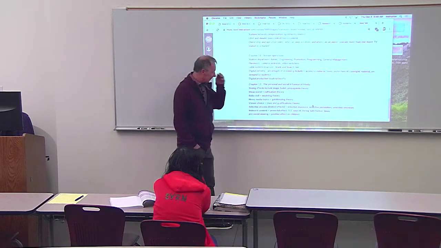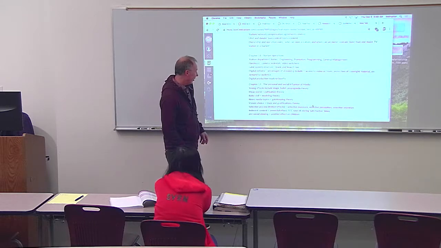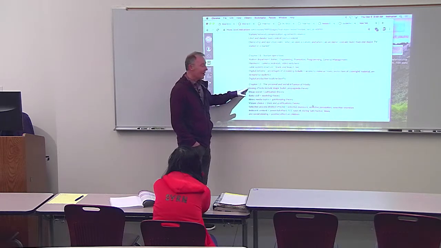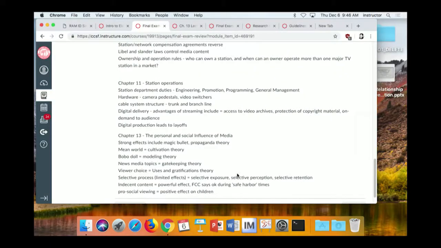And they called these limited effects because compared to the strong effects, which was the initial assumption, media just strikes you and you believe, this type of model suggests, well, the media can convince you of stuff, but really it works best when you already believe things and the media just reinforces it. And I guess the sort of discouraging aspect of this is that it's much harder to change people's minds about anything.